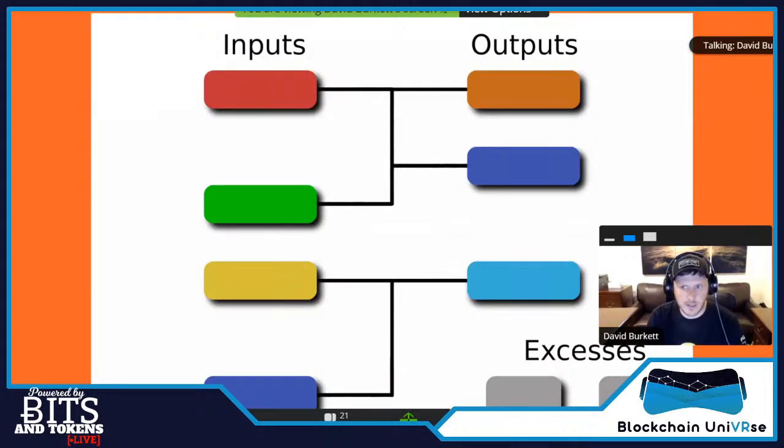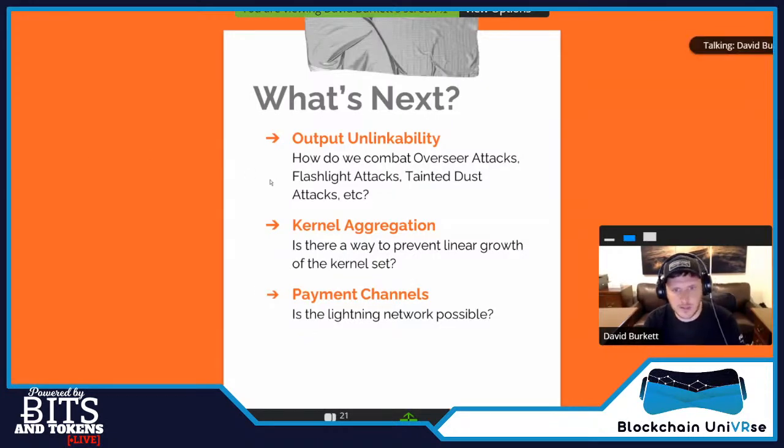Let's see. I'm going to skip ahead a little. These links here, they're known at the time these transactions are broadcast. So nodes that are listening can learn those inputs and outputs before they're actually aggregated together. But there's certain things we can do to improve that, so that nodes who are listening to transactions being broadcast on the network don't learn quite as much.